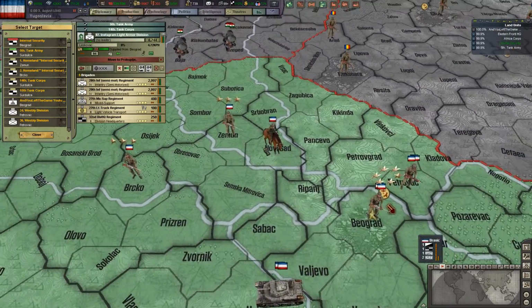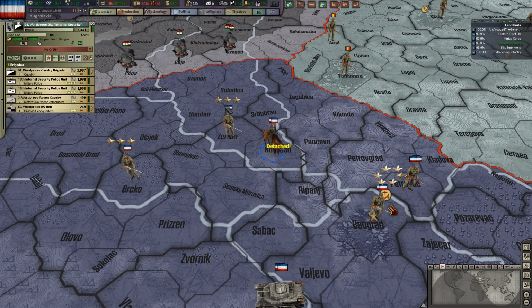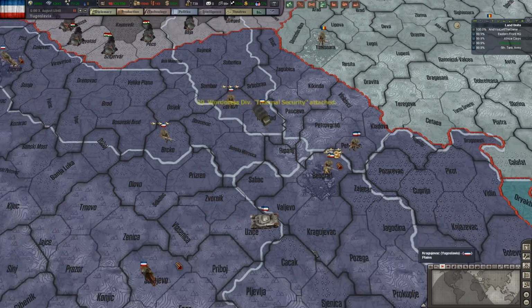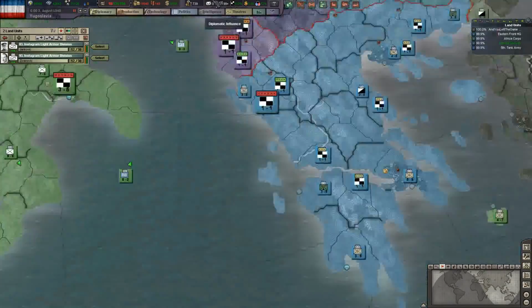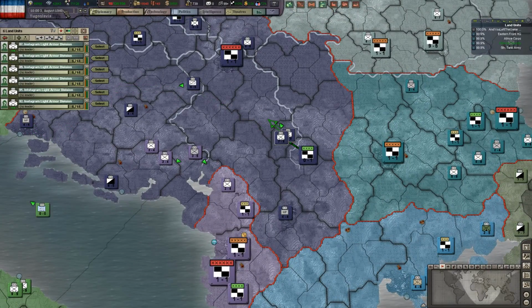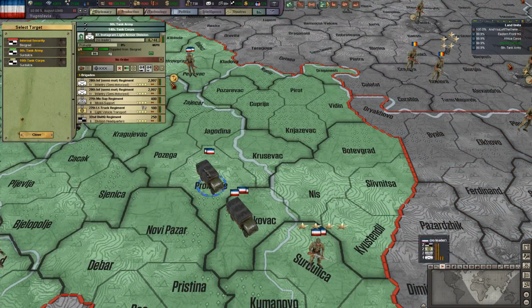It's mercenaries. Mercenaries would link up with Homeland Security units. It's fine. Here I want these to get together with